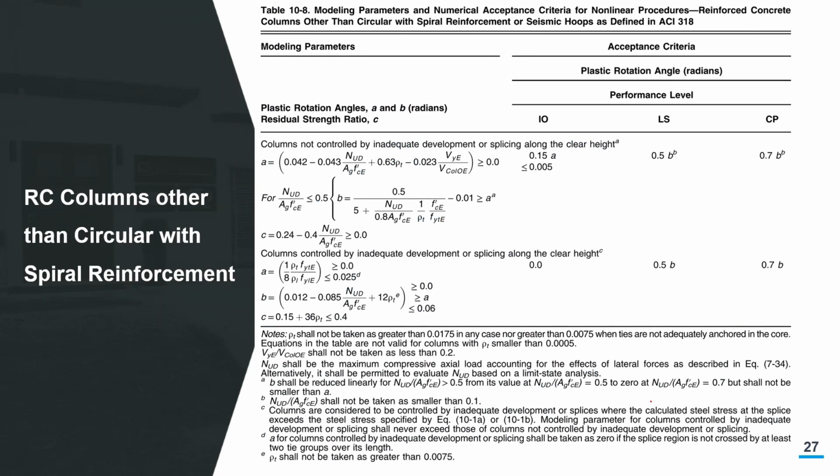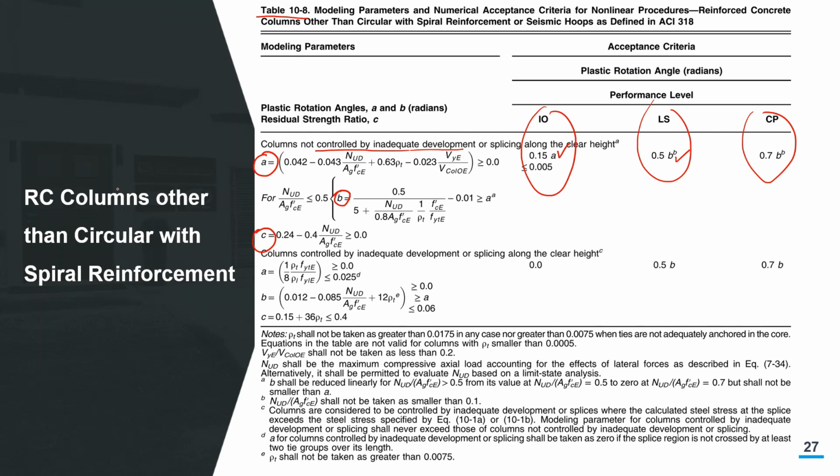This is Table 10-8 from ASCE 41-17, and this is the expression for small a, then again small b and small c also. Okay, this is for small c. But first you have to select whether the columns are controlled by inadequate development or not. Then the formula will be different for both cases. This is the expression for small b. There are some upper and lower limits for different values, so you have to check for that. IO, LS and CP are also given in the form of a and b, so if you have small a and small b worked out already, you can put those numbers here to calculate IO, LS and CP also.